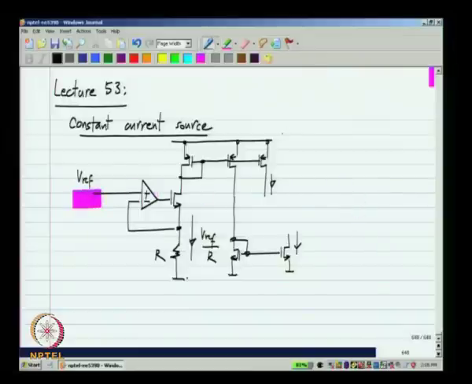When I say constant, what I mean is it must be constant with variations of temperature and supply voltage and process and so on. So, the supply voltage will vary by some amount. If you for instance use a battery, the battery voltage will be high in the beginning, then drop down to some constant value and then becomes low as it gets discharged. Also, if you use a voltage regulator as well, there will be some tolerance in the output voltage, and temperature of course can vary based on the ambient temperature and the power dissipated on the chip. And finally, there are process variations. That means that the component parameters are different in different process corners.